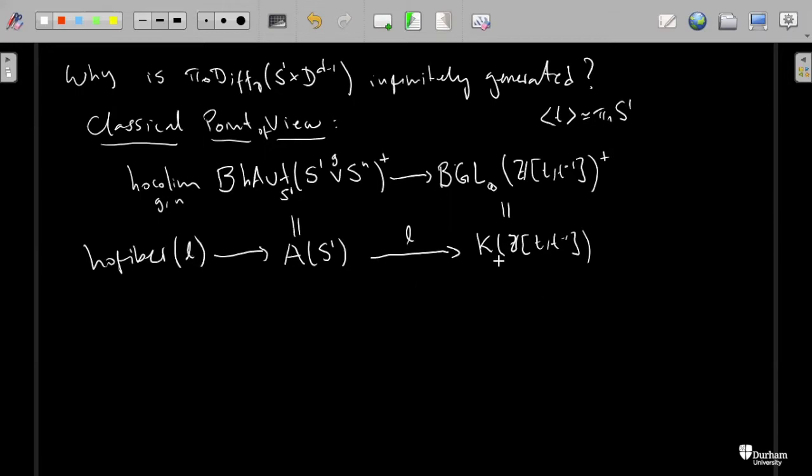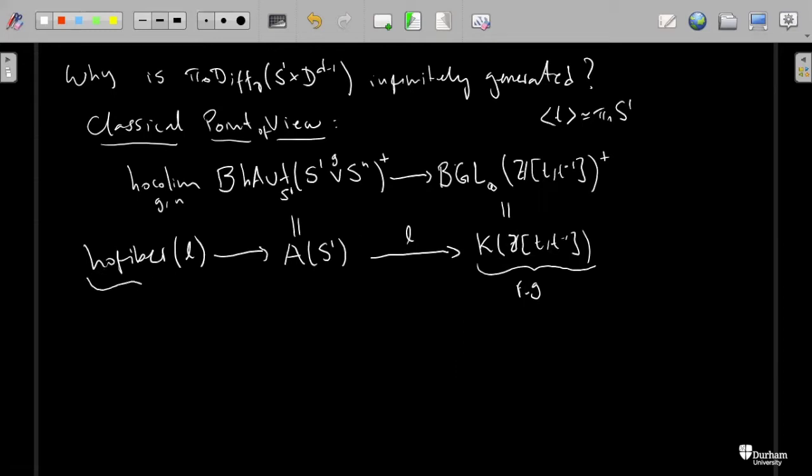Right. Now, what is the point here? The point is that the homotopy groups of this space, which are the K theory groups of this Laurent polynomial ring, are finitely generated. This is something proved by using something called the Bass-Heller-Swan formula for this ring. So that's going to give you a splitting of the K theory as two copies of the K theory of the integers, and those are finitely generated by theorem of Quillen. So if there is any infinite generation in the homotopy of this space, it's not going to come from this one here, right? So it has to come from the homotopy fiber.